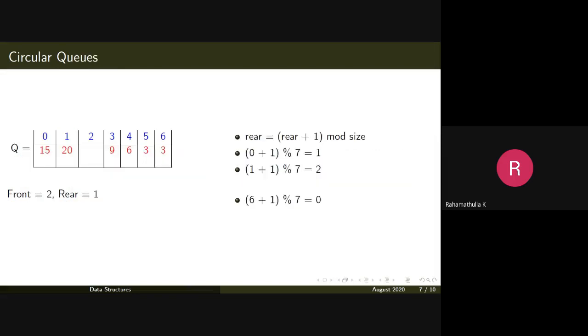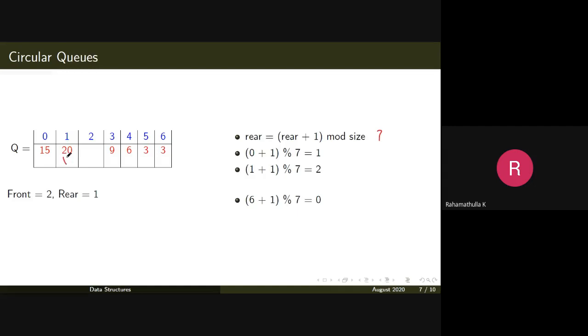For implementing that, we use a mod operation. We increment rear and front in this fashion: rear is equal to (rear plus 1) mod size, where size is equal to 7. For example, let's say in the initial state, front and rear were 0. Then you try an insert operation.